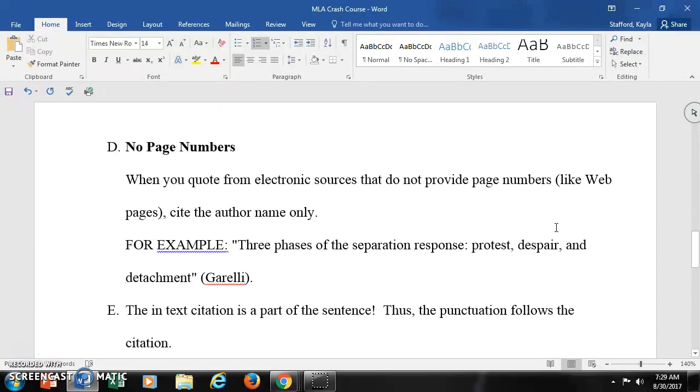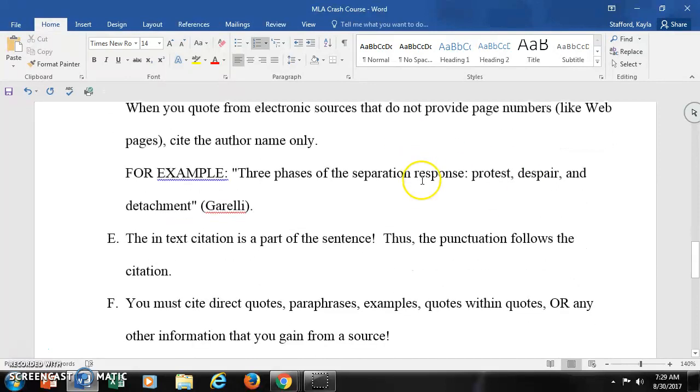If there are no page numbers, when you quote from electronic sources that do not provide page numbers, like on the internet, you just cite the author's name only. For example, this is the quotation that I pulled from the internet article, and this is the author. Notice again, quotation marks around the quote, the author's last name, period on the outside, because again, the citation is a part